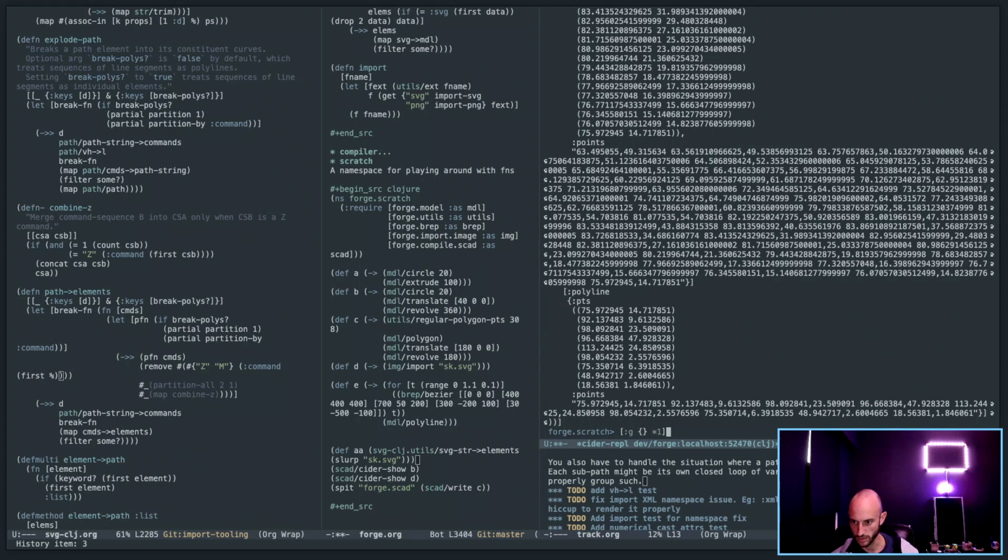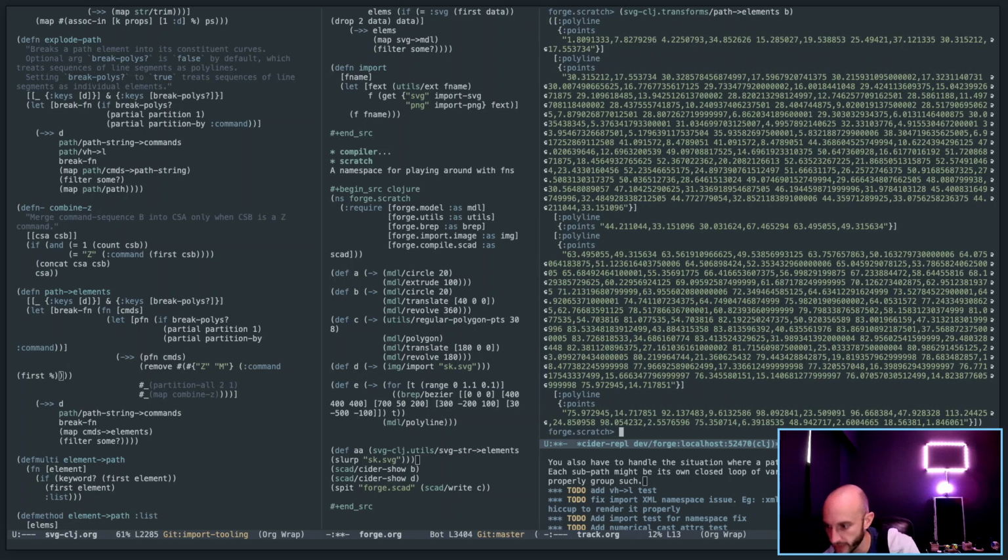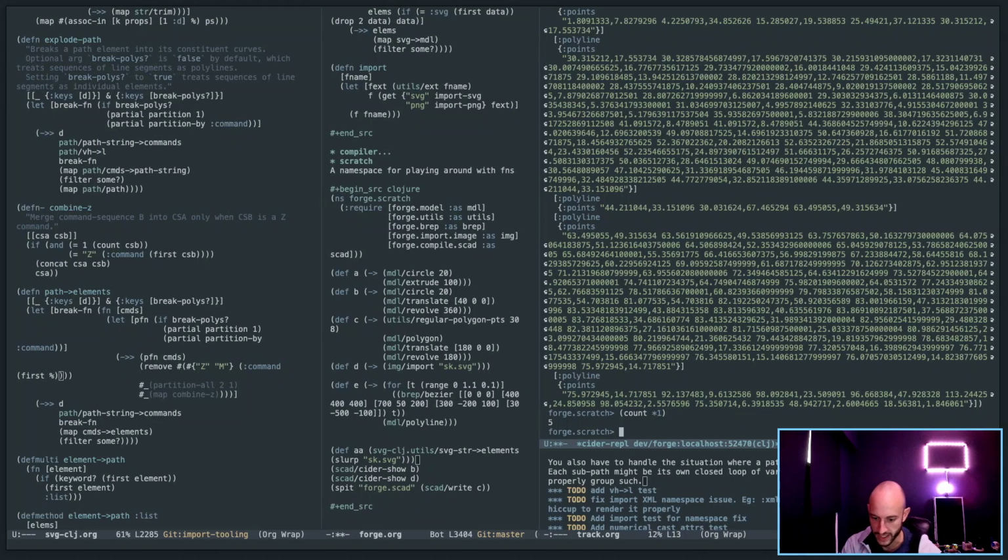Let's hop this back a ways. Okay, count that: 5 elements. So it's the right number of elements. The thing is, it's all polylines that I actually want to merge into one polyline and then close that path. So to get this to render the way I want, I have to do